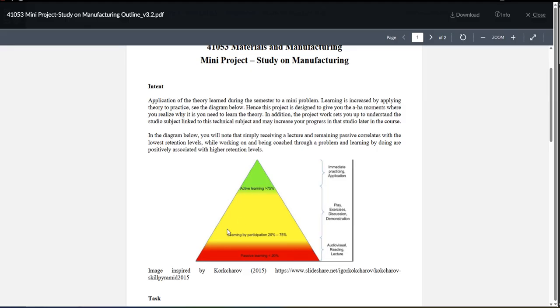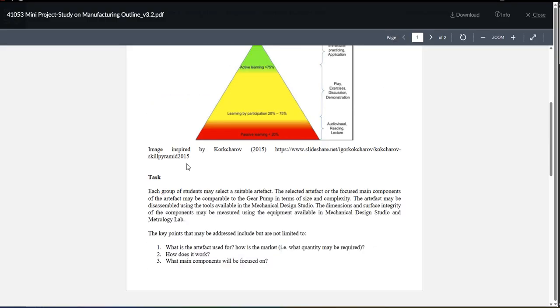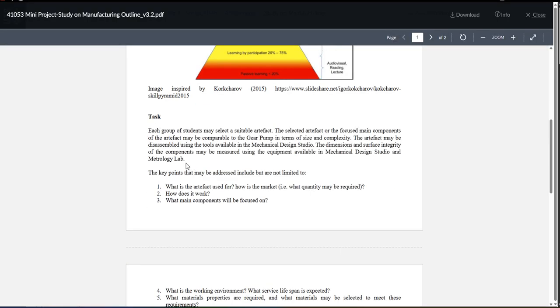See the diagram below. We can see here the hierarchy of the design and manufacturing procedure. If you go through this one, you'll find what the task is. A group of students may select a suitable artifact, and the focus main components are going to be comparable to a gear pump in terms of size and complexity. The artifact may be disassembled using the tools available in the Mechanical Design Studio, if you have one,